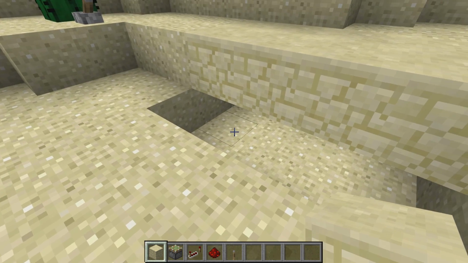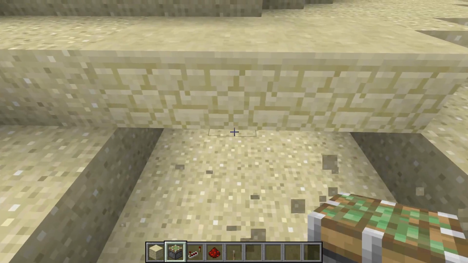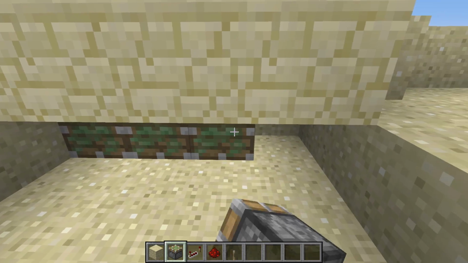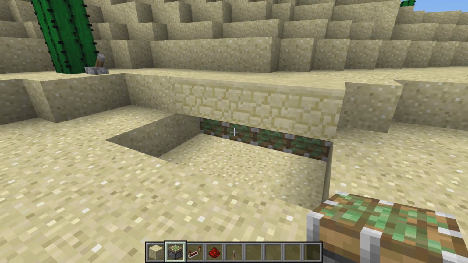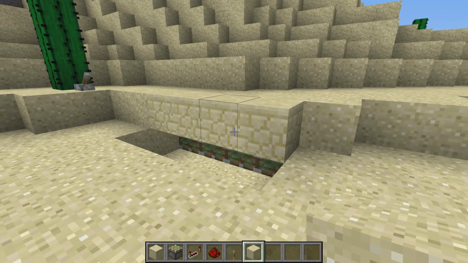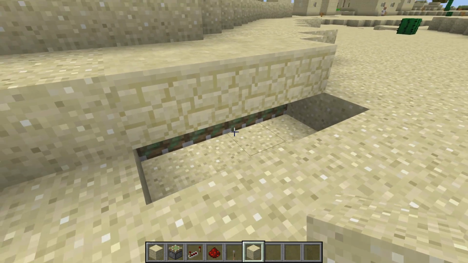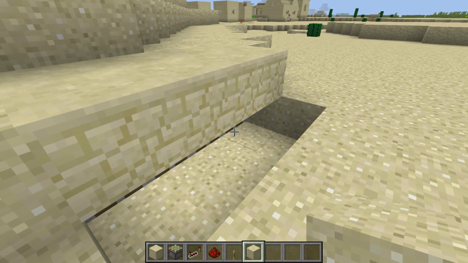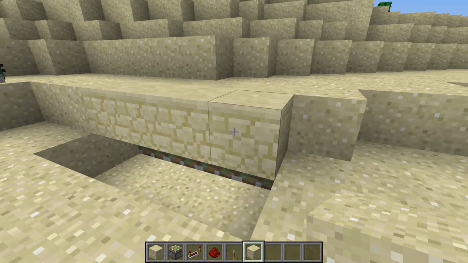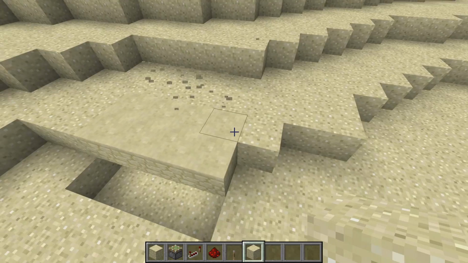And on the third block back, we're going to place, let's see in here, let's just delete these as well so we can see inside. 1, 2, 3, 4 sticky pistons, just like so. We can then grab our sand and just do a little something like that. Okay, so these 4 here are going to be the blocks that get pushed this way. Okay, now what we need to do is remove it and get behind our pistons, because